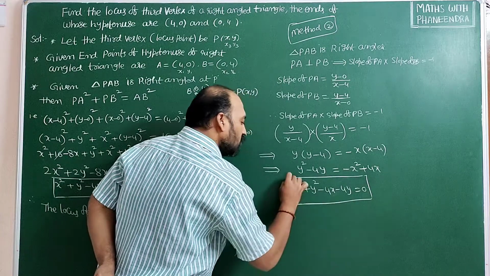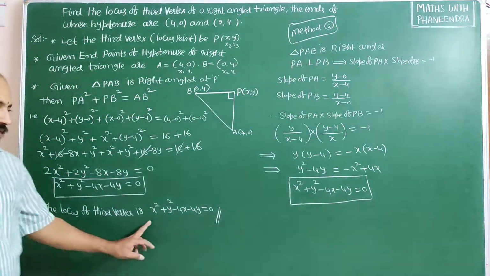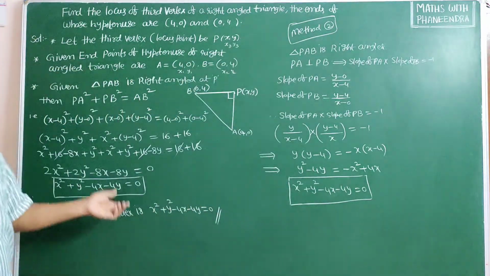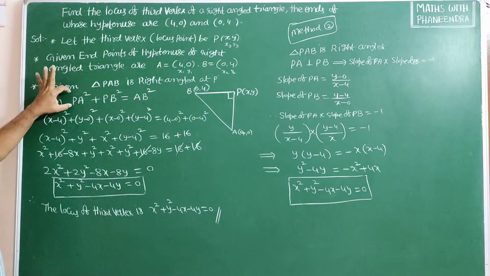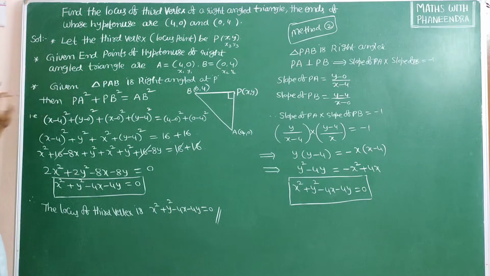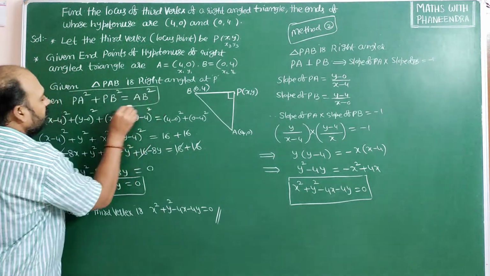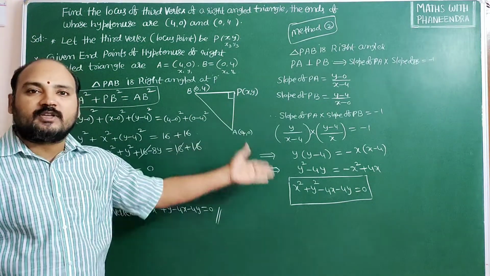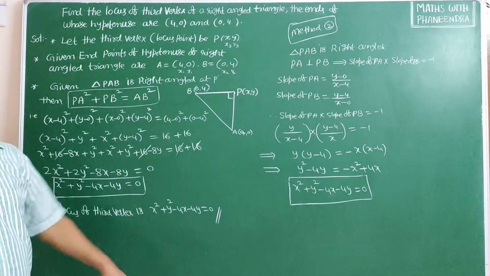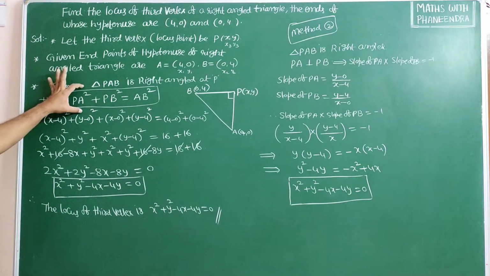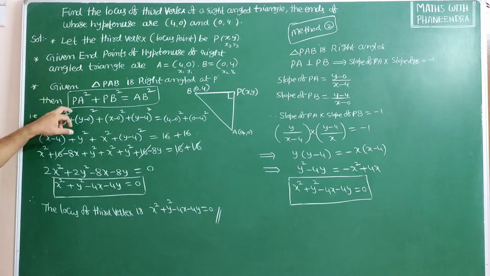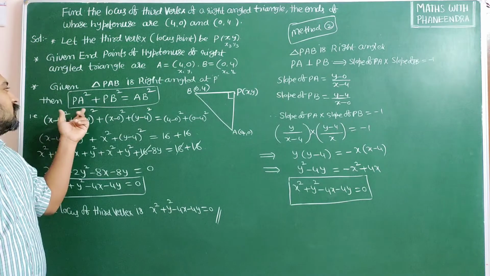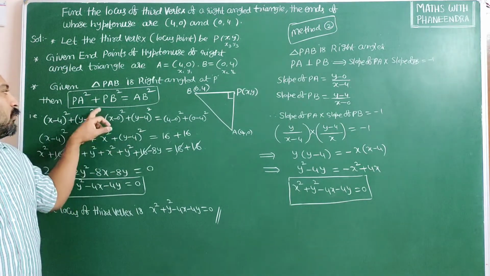This is also another method to get the locus. Here also we are getting the same. This is method 2, this is method 1, by applying the condition for the Pythagoras theorem. So here this is Pythagoras theorem, here is the condition for the two lines being perpendicular. Generally most of the students find the easy way is Pythagoras theorem. Why? Because in earlier classes, 8th and 9th, we studied about Pythagoras theorem. So they will approach this one.